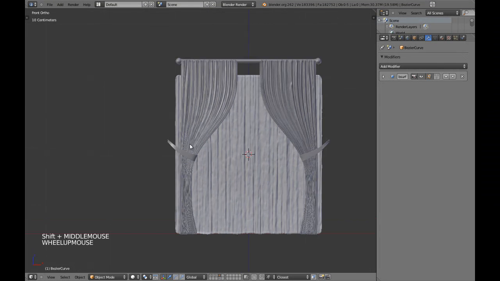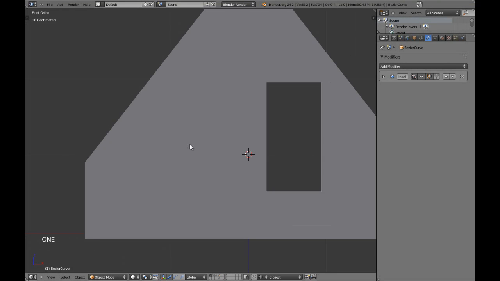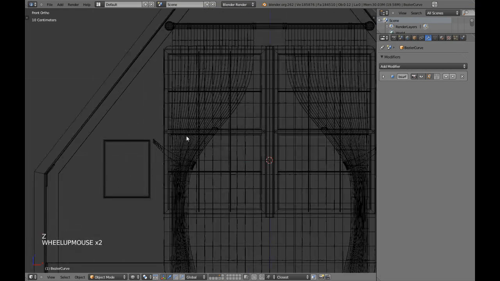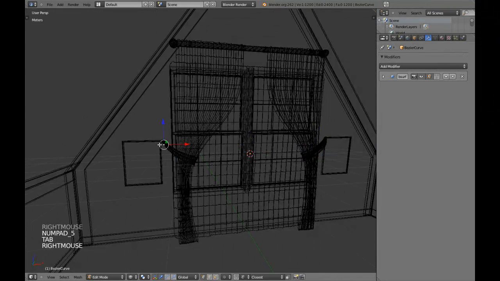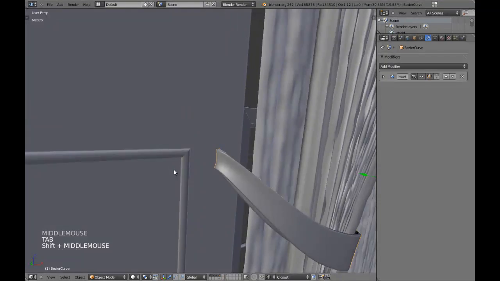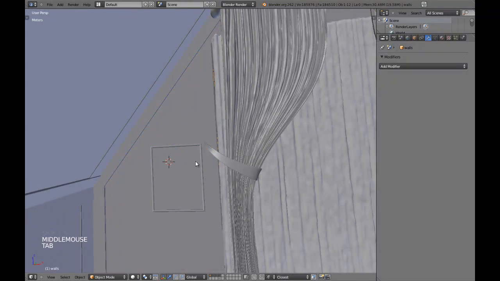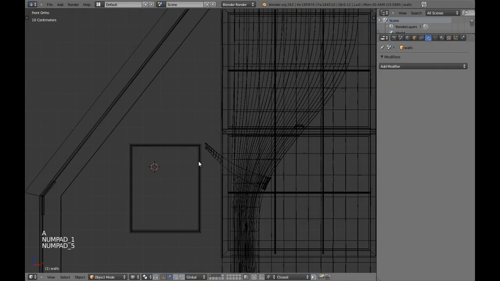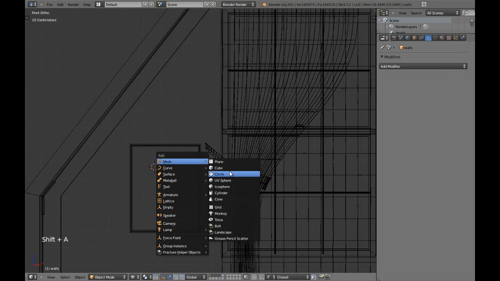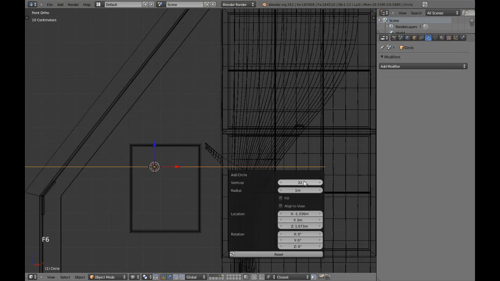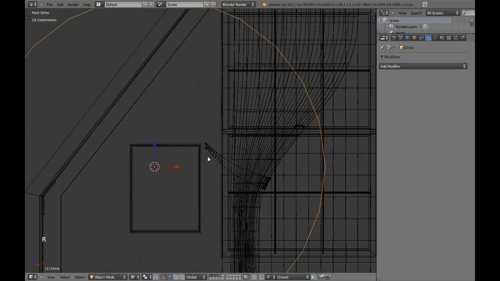Now, okay, I'm going to use the cursor here and I'm going to add a circle. Okay, we're going to be using not that many vertices. We're going to be using like 24. Yeah, rotate x-axis 90 degrees, scale this, and